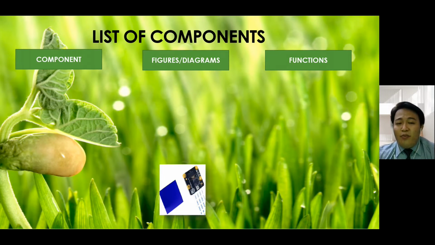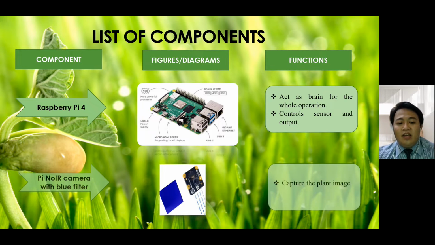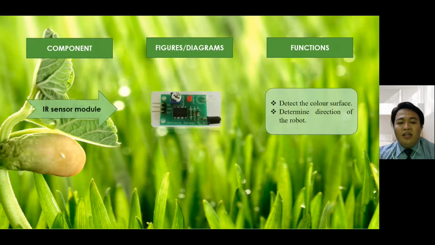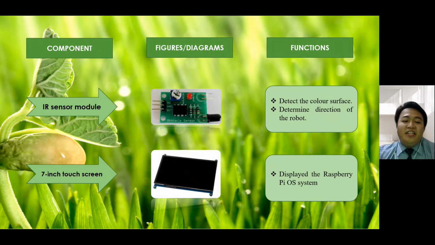Go to the list of components of the project, which is the Raspberry Pi to control as a brain for the whole operation, control sensor and output, the Pi NoIR camera with a blue filter which captures the plant image, IR sensor to detect color surface and determine direction of the robot, 7-inch touch screen to display the Raspberry Pi operating system,